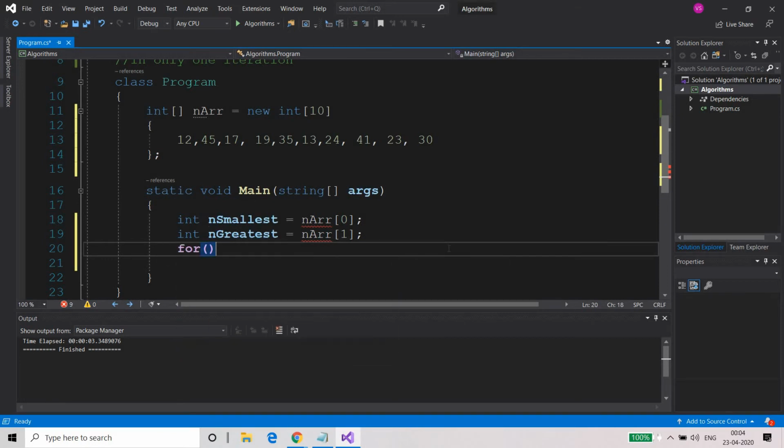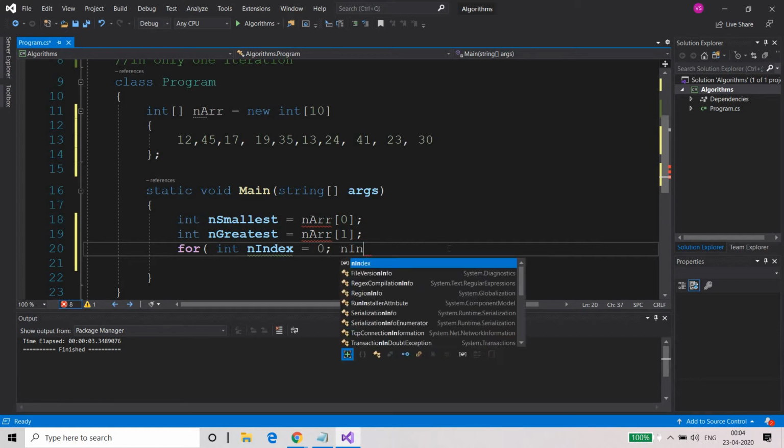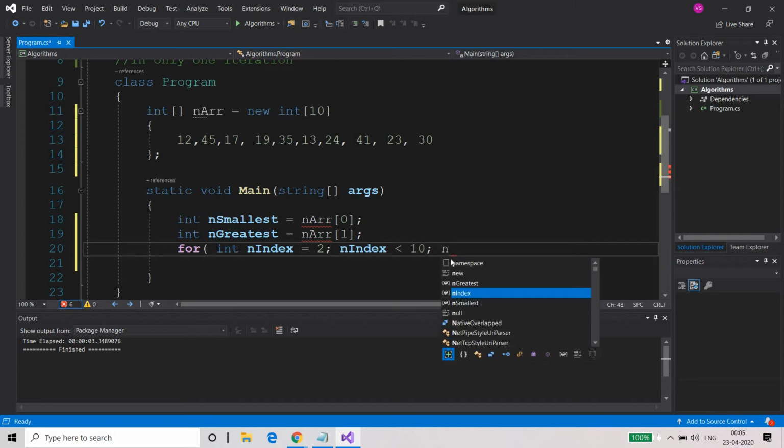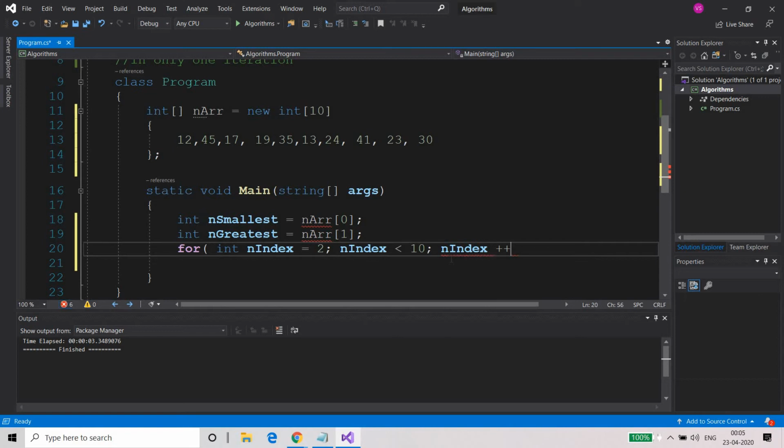So what I will do: for int n index is equal to 0, n index smaller than, not from 0, it should be from 2. I will start from here, and n index is smaller than 10, and n index plus plus.